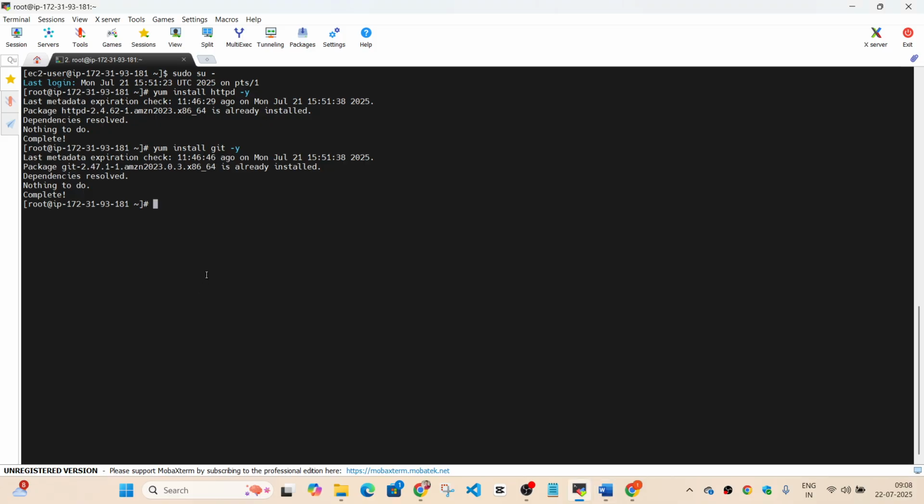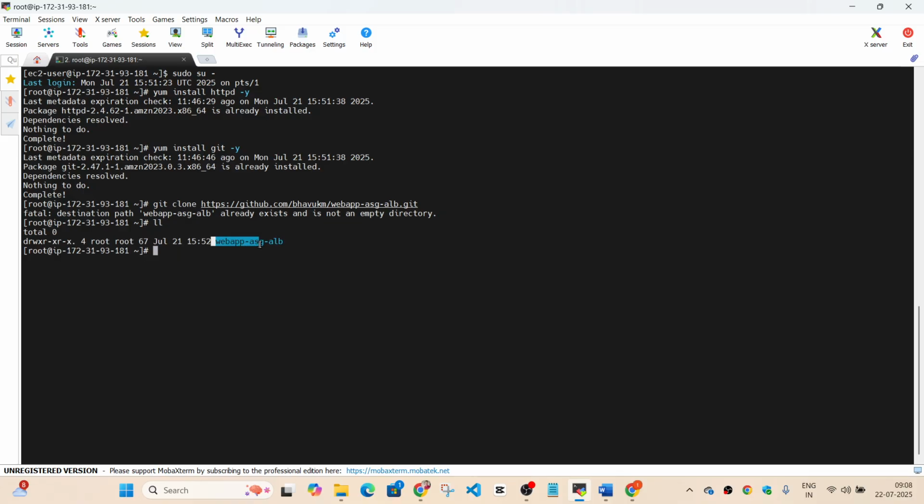This is the repository that has the main application code. Because our website is going to look like a real-world website, I have some already available code from Google, and I've included it in this GitHub repo, so you can use this. So I'm going to clone the repository. It already exists actually, so it's giving me the error, but for you, it's going to download. If you do ll, you can see this directory already downloaded on my machine. But for you, it's going to be the first time, so you're going to clone the repository.